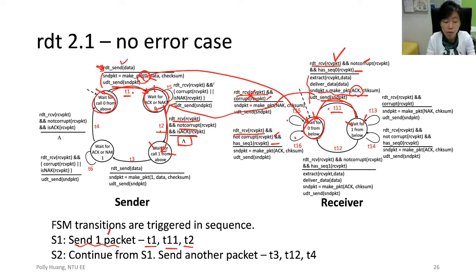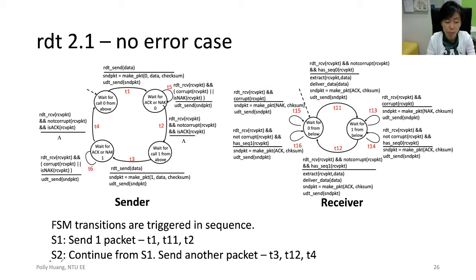And now let's move on with scenario 2. So we'll continue from S1. Well, we actually finish S1 here and here for the sender and receiver respectively. Now we'll be sending yet another packet. So the sender here gets a call from above, RDT send. Therefore, these actions will be taken and we'll follow through T3, that transition, and enter the wait for ACK or NAK